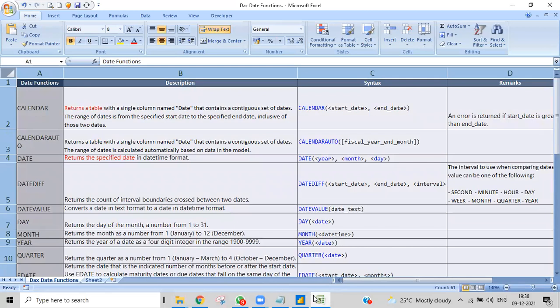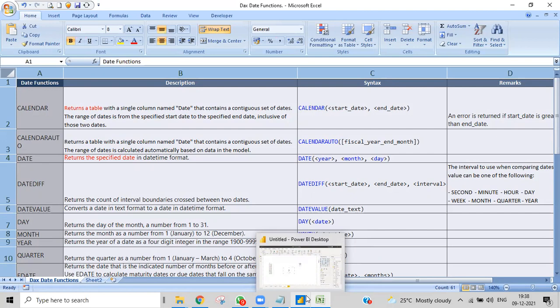What you do is go through these things and practice them. From tomorrow we'll go with some visualization concepts. There will be 5 to 6 days of visualization concepts, and after that we'll go with Power Query, and then again we'll come into DAX, and go through all the DAX with real-time scenarios. We'll go with DAX only. It would be better, I guess.